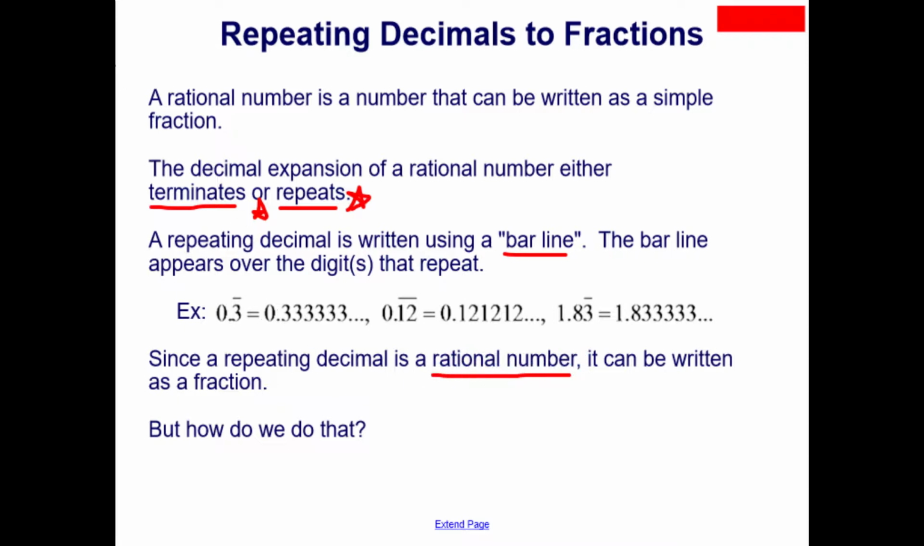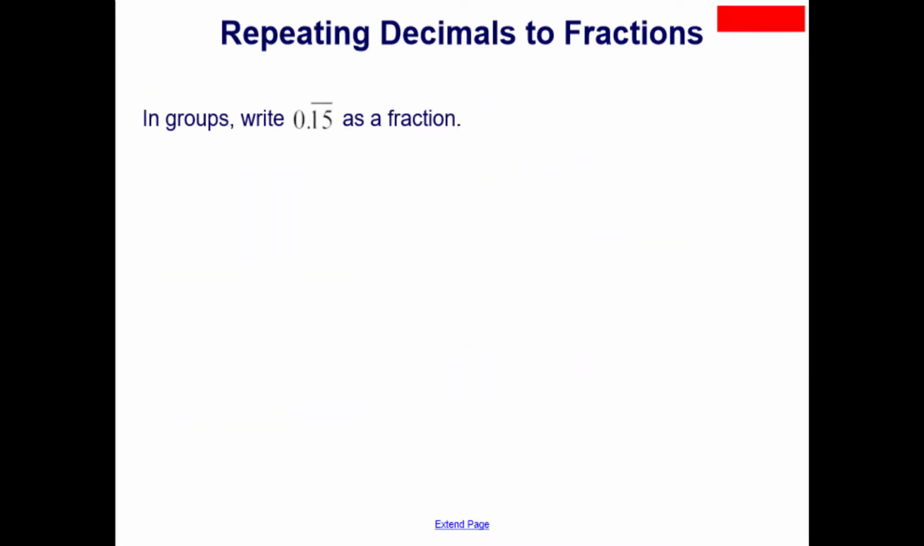But how do we do that? Try in a group to write 0.15 repeating as a fraction. Think of our rules of how we converted fractions to a decimal and see if it will work. Hopefully in your group you're having different ideas, but we can come up with some simple steps that we can